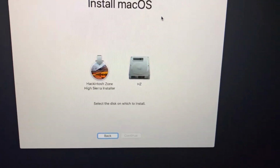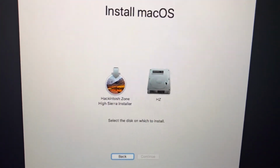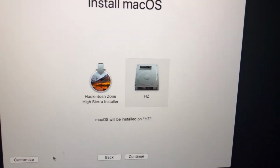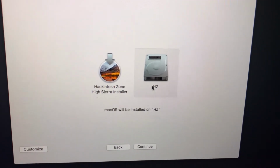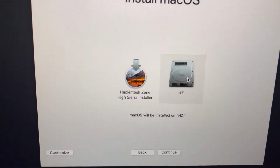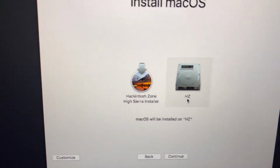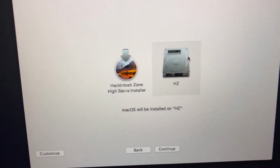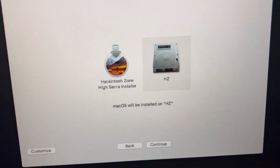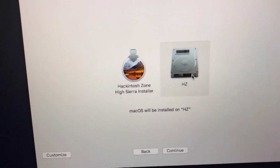So here is a very important process and steps to installing Mac. So pay full attention, and I'm going to make sure to say everything slow and steady. So we're going to click on whatever the hard drive you named it, not the installer, the hard drive. And it'll have a picture of the hard drive with whatever you named it. I named mine HZ, so that's why it says HZ. The hard drive should be highlighted, or you will not be able to install. After we highlight it,